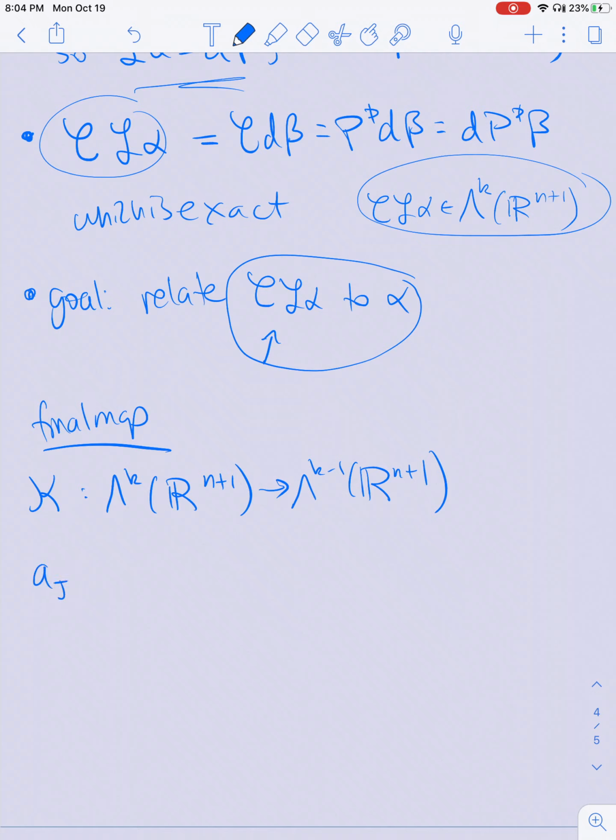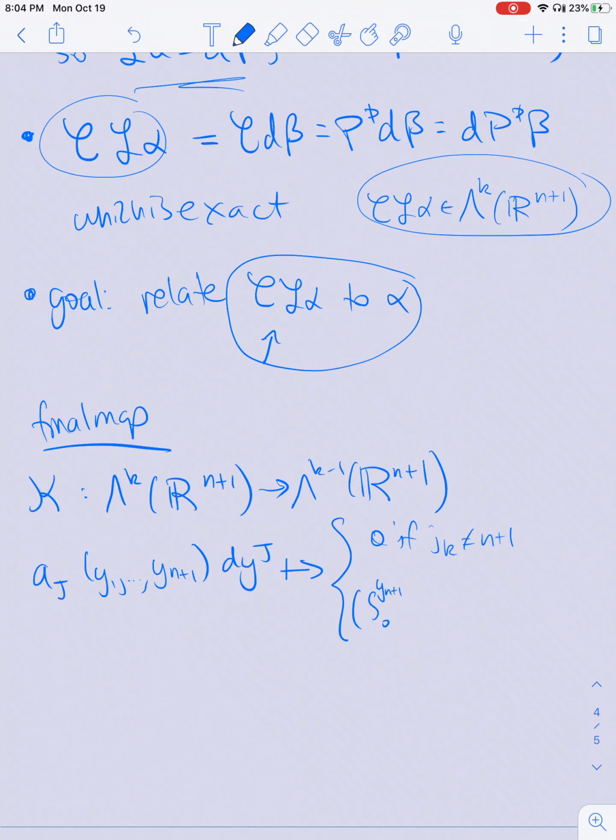So a sub J, a function of y1 through yn plus 1, times dyJ, where J is some ascending k-tuple from 1 through n plus 1, is going to go to 0 if J_k is not equal to n plus 1. So if there are no dy sub n plus 1s in this term, I just get 0. And if there are, then K sends this term, aJ dyJ, to the integral from 0 to yn plus 1 of